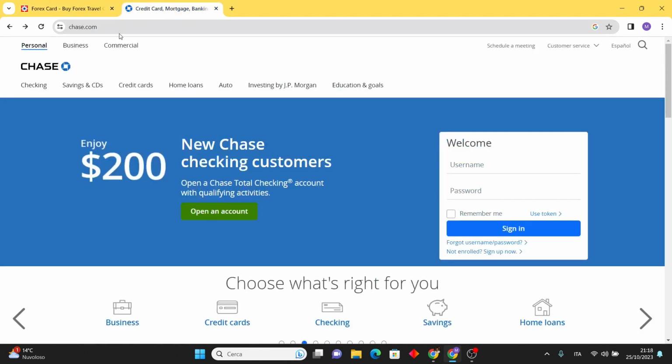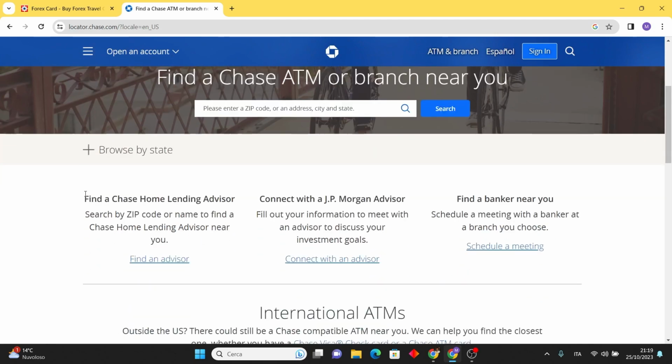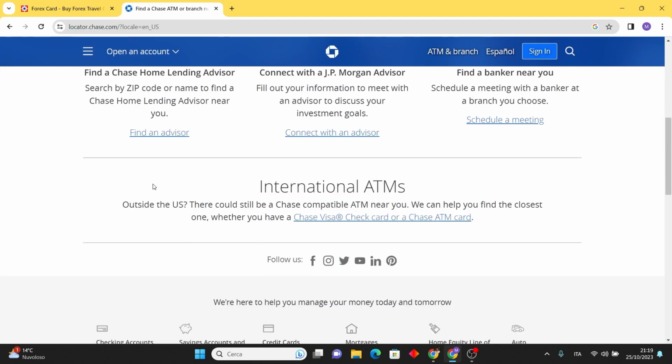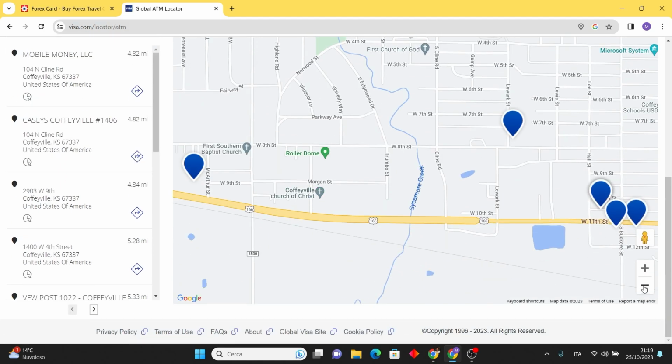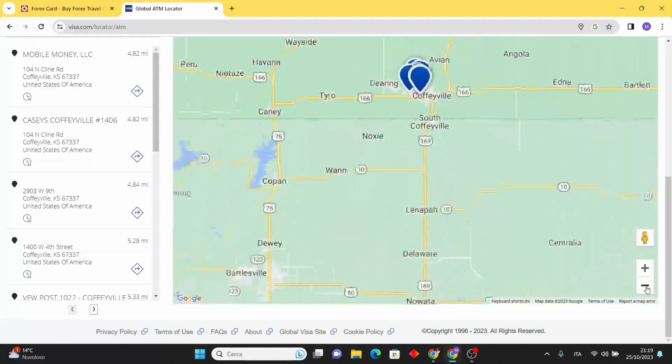To do this, visit the Chase Bank website and click on the customer service option at the top right corner of the screen. Once there, scroll down until you find the Find ATMs or Branch section. In the following page, scroll down and click on Check Card or a Chase ATM card. This will bring up a map showing Chase Bank financial centers near you or in the location you decided to